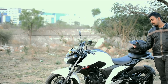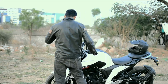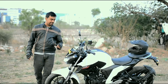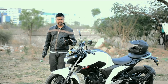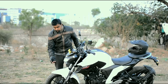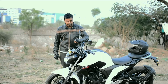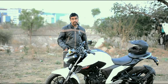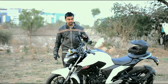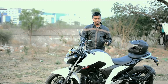As far as the cons are concerned for this particular bike, I would say that Yamaha could have worked better in terms of the brakes. The brakes are a tad weak, I would say. It's not very weak, but a tad weak for a 250cc engine. I would have loved it if they had given ABS. That would have completed this package overall, but we can't blame Yamaha for it, because after all, they had to cut corners, because the bike is priced at about